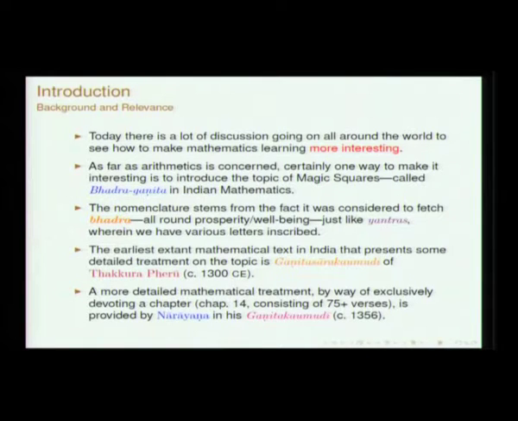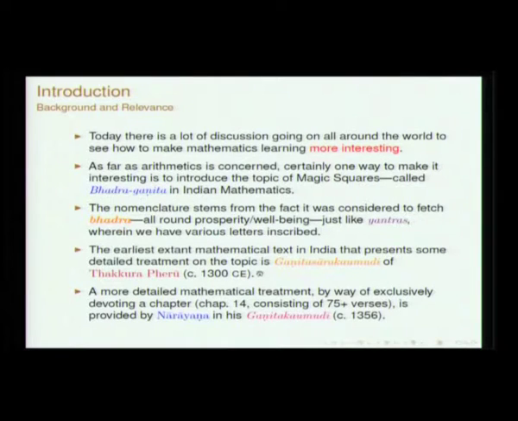In order to protect oneself, as Narayana says, among mathematicians you can pose this question, and if he is not able to answer, you save yourself. Anyway, that could be the Bhadra Ganita. A detailed exposition of the mathematics of magic squares, our classification and so on, and methods to construct them, is all found only in 13th and 14th century texts.